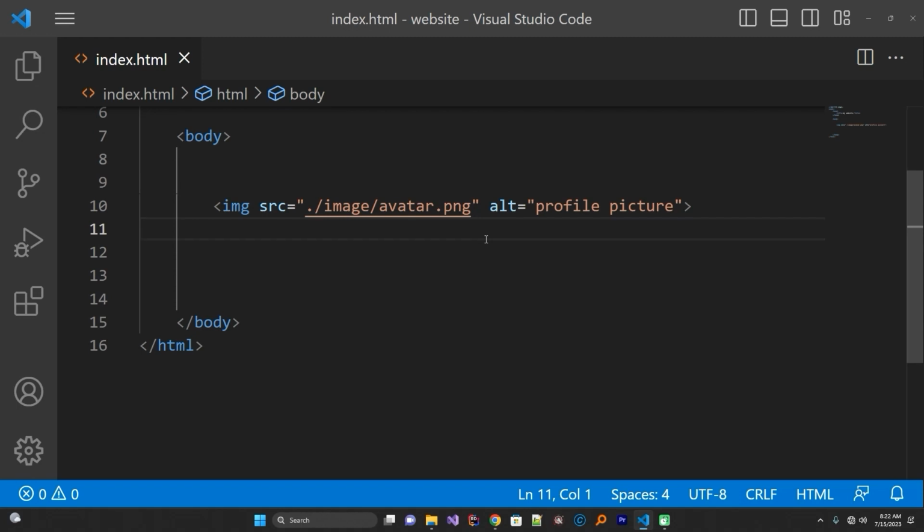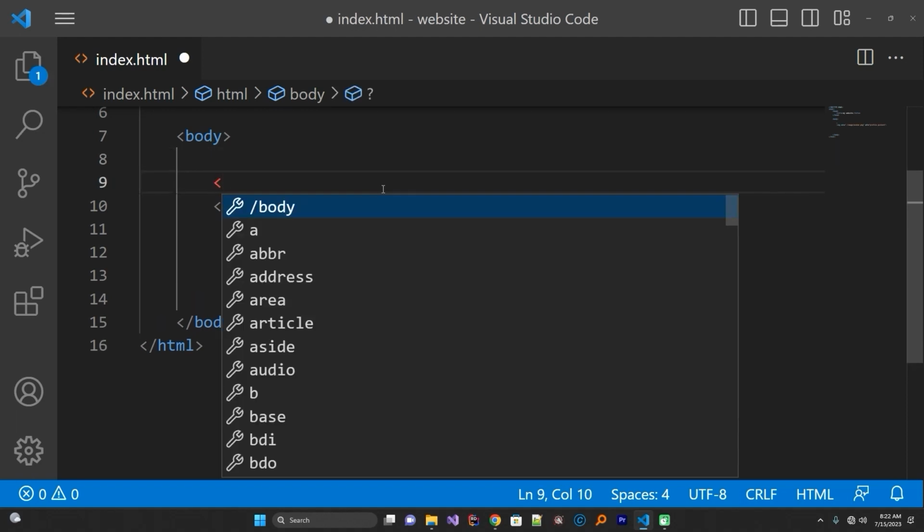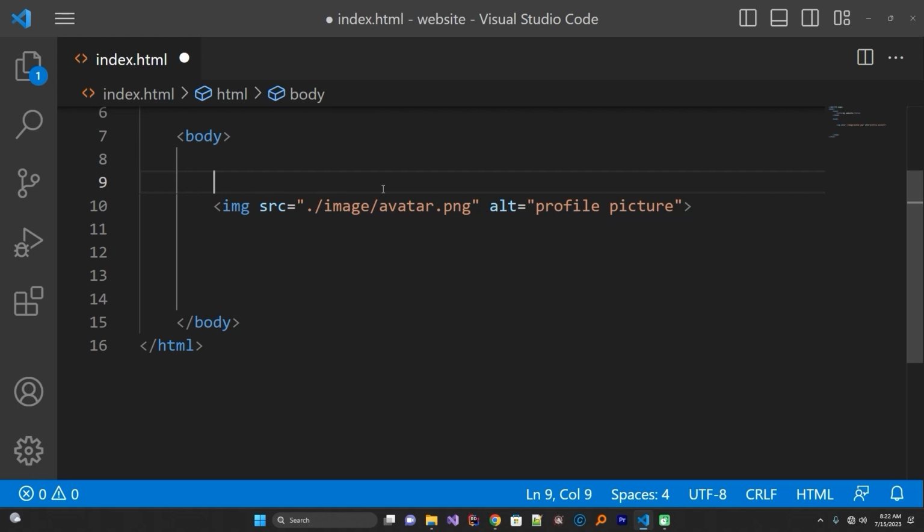Okay, so when you are developing the site, this one for instance, it makes sense to introduce a comment here, maybe image, or profile image. But the way of declaring a comment in HTML goes like this: